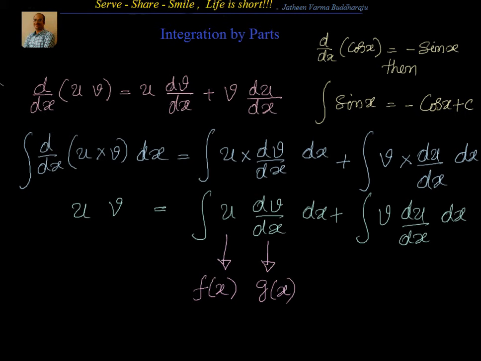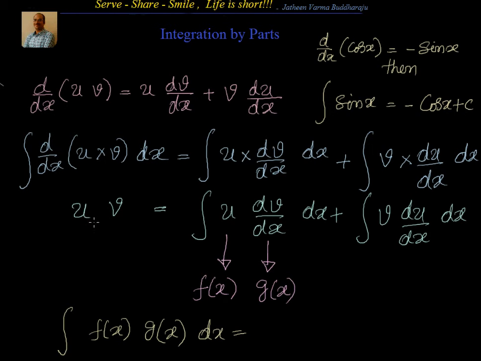If we go to the next step, we will take this to the left hand side. We will have the integral of u, that's nothing but f of x, into g of x dx is equal to